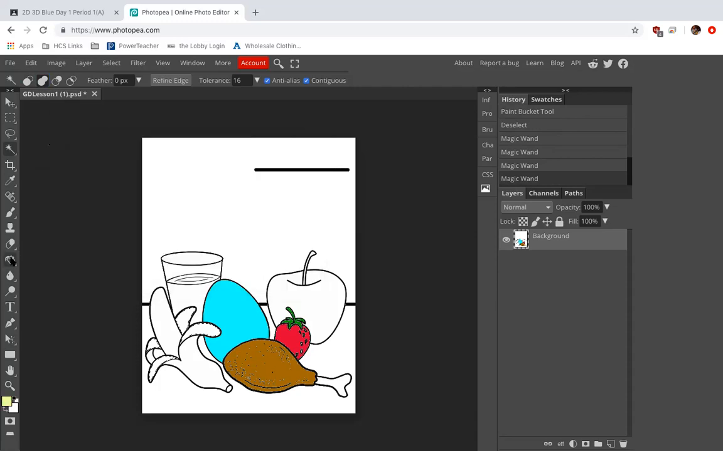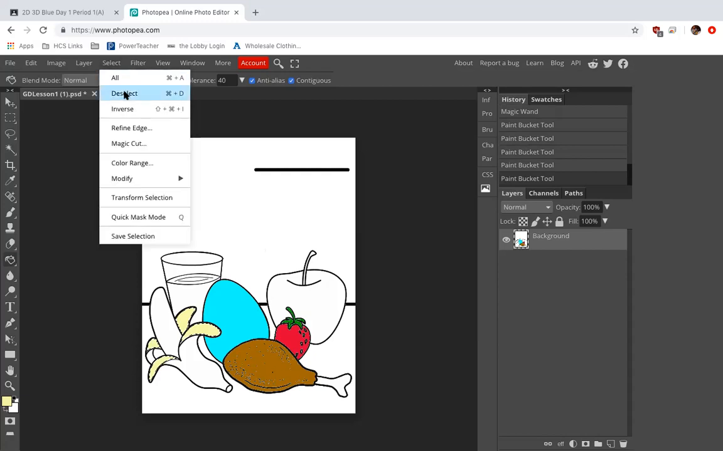Select my color, go into the paint bucket, click in here, click in here, click in here, and click in here. Notice if I was to click out here, nothing would happen because this isn't selected. Now, I'm going to deselect,